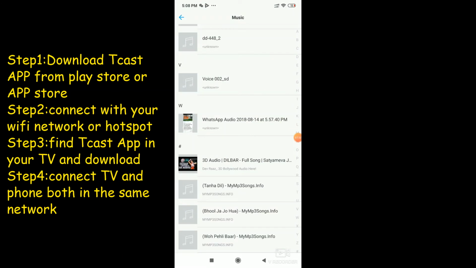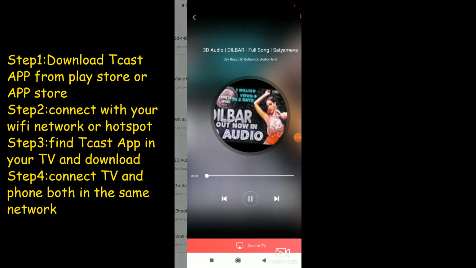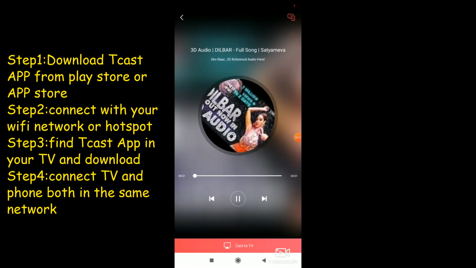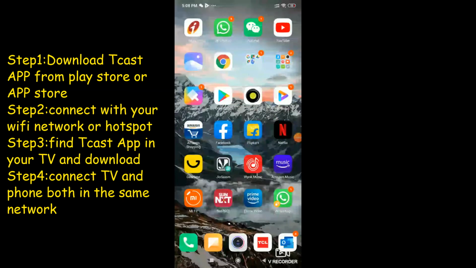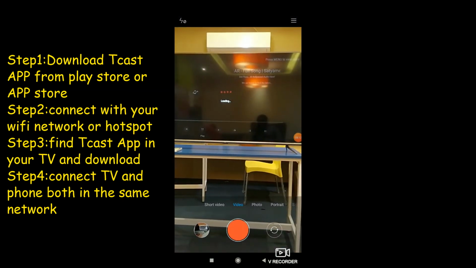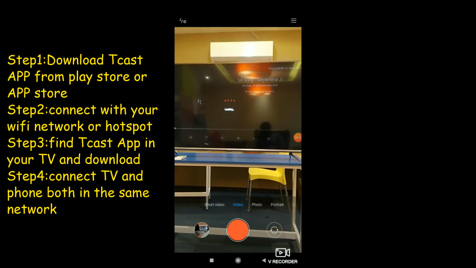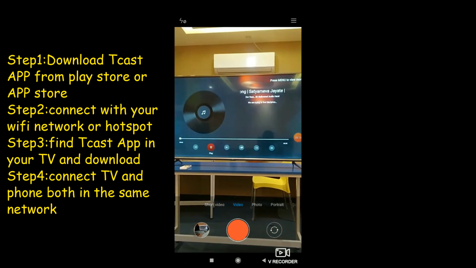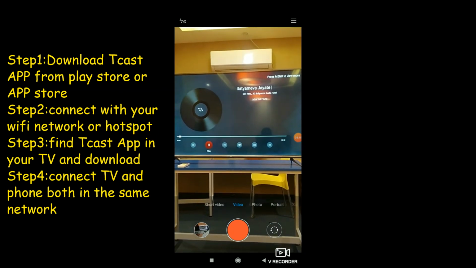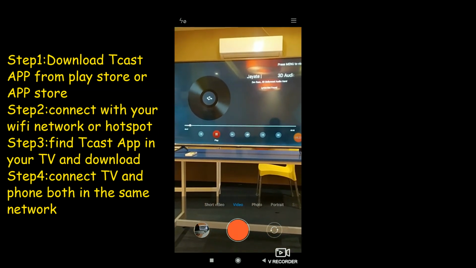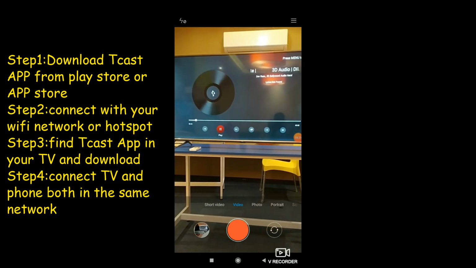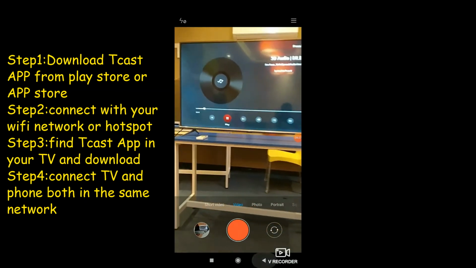Whichever music you need to play on the screen, only that will play. You can see it here. Like this.